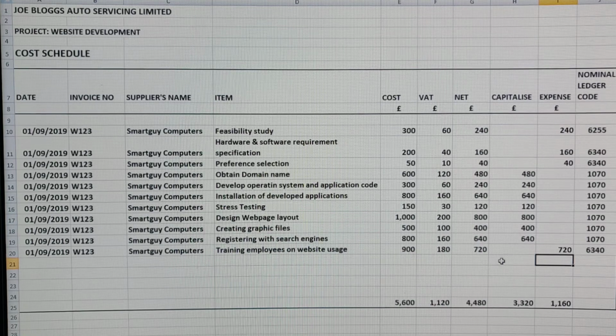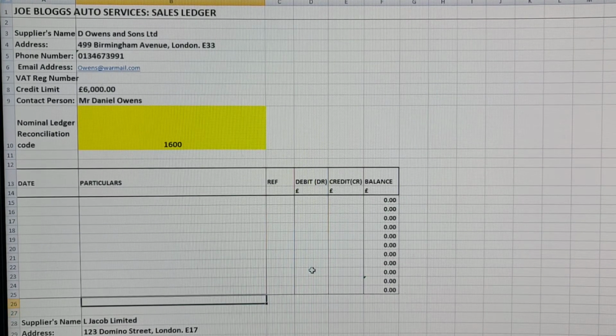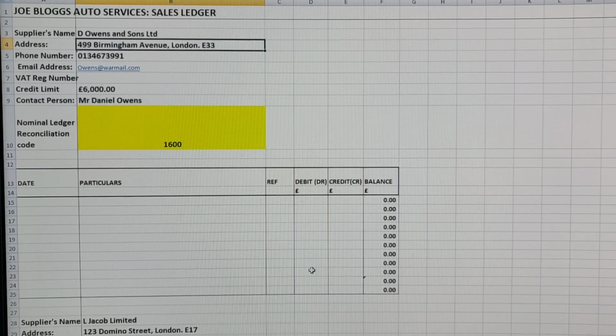Now, the next item I would like to show you are the codes that I've created, the link between the subsidiary ledgers. One of the subsidiary ledgers we have here is the sales ledger. Now, the subsidiary ledger, which is the sales ledger control account, the sales ledger, contains the accounts for every one of our customers. As you can see, you have the master record for every customer, the name, the address, the telephone number,